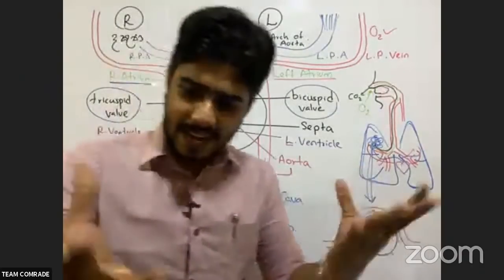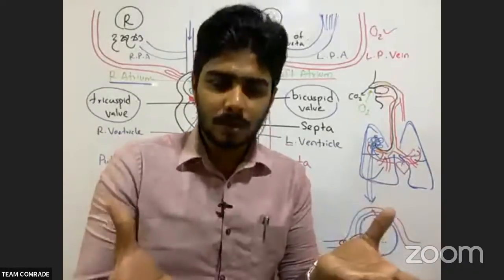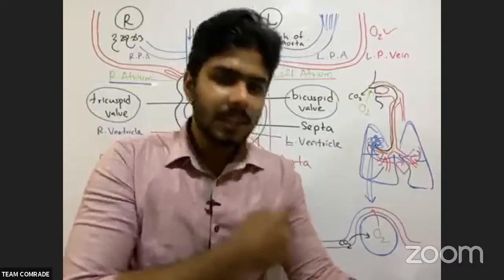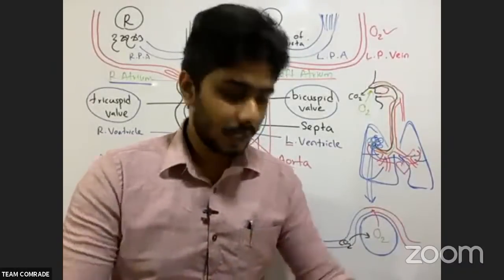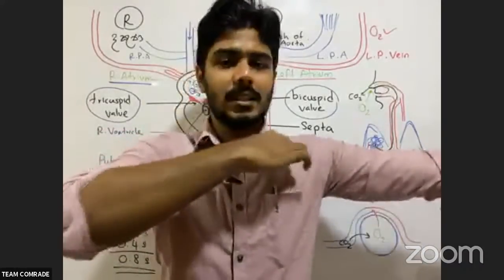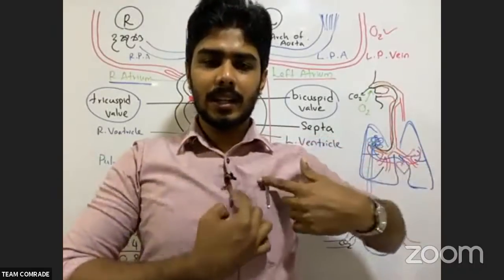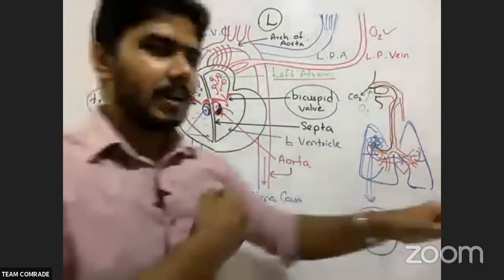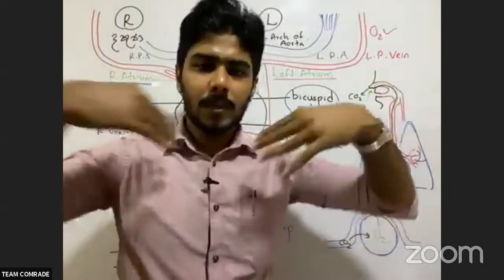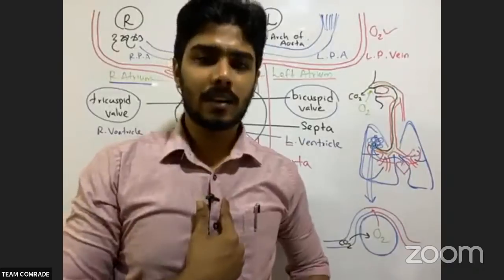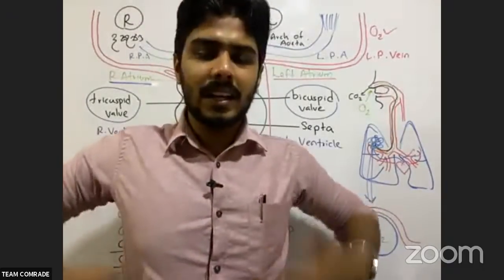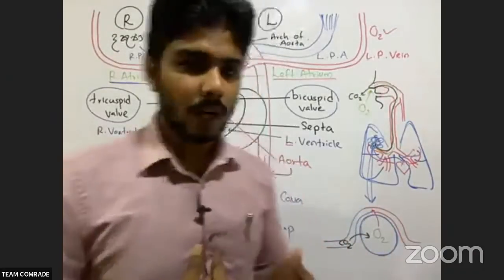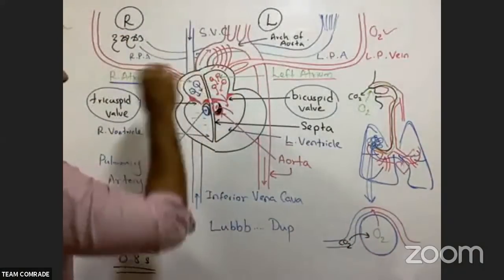So veins have the used blood. When I use my hand like this, I use my oxygen, right? After using my oxygen, what happens? The blood goes like that. So that is deoxygenated blood. This blood goes like this and gets into my heart through the superior vena cava, from my head, neck, and upper part of the body. From my legs, stomach, and everywhere, it comes through the inferior vena cava. They both join at this point, which we call the right atrium.